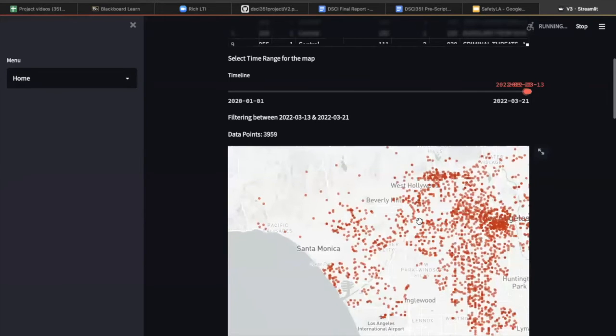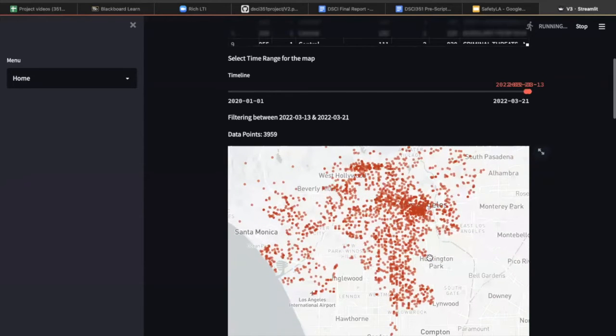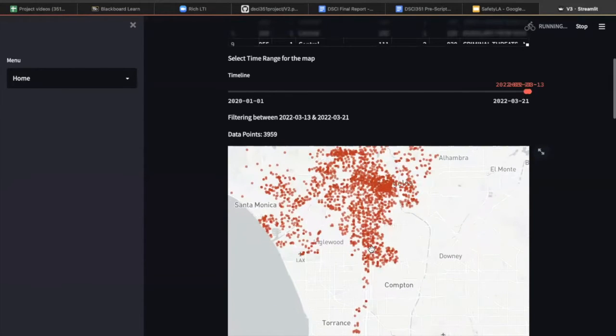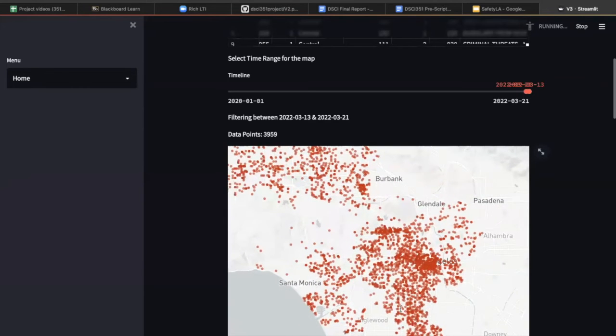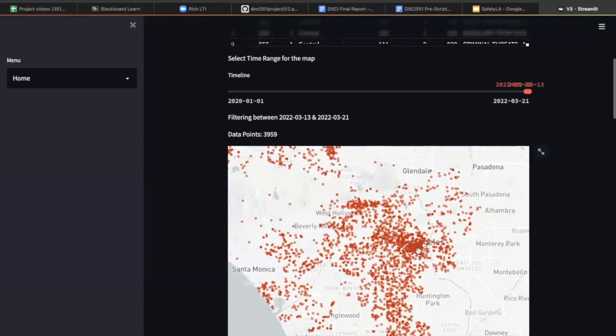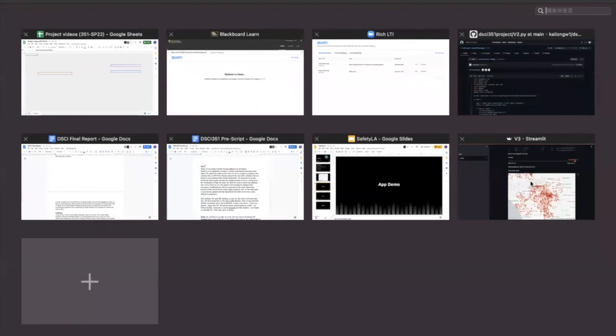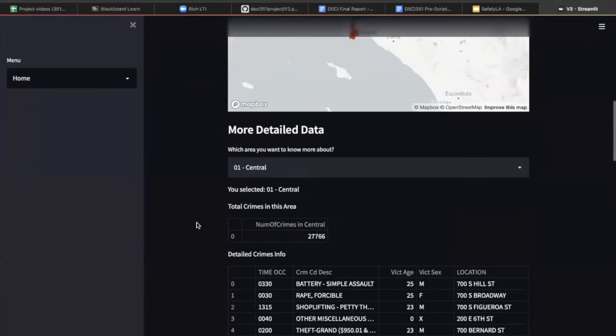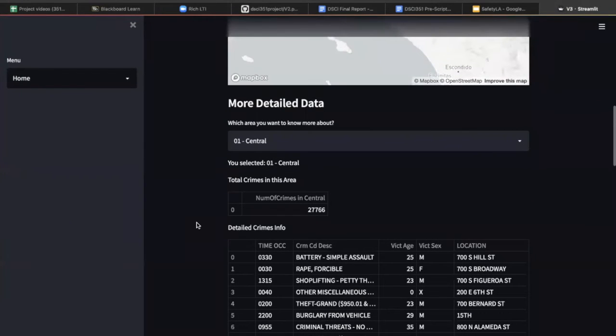And the visualization map will change accordingly. And according to the map, you can clearly see that criminal activities are pretty concentrated in the central area. And after the visualization map, this is where the user can get a little bit more detailed information about each individual